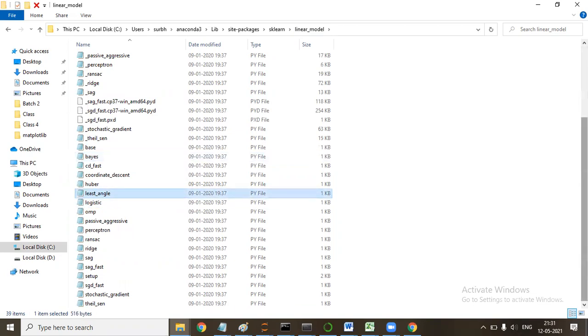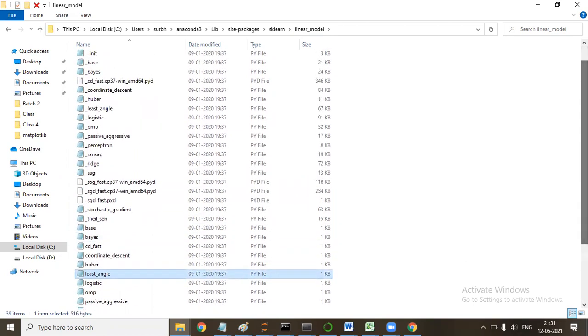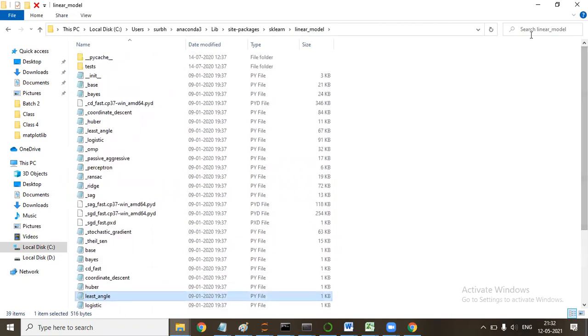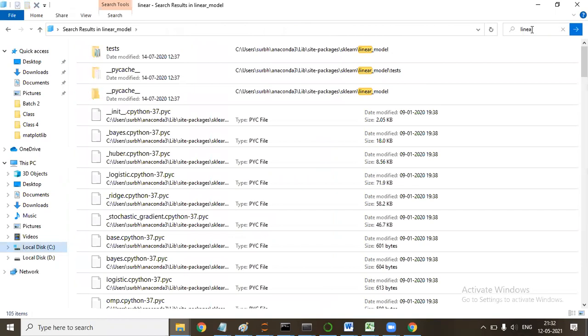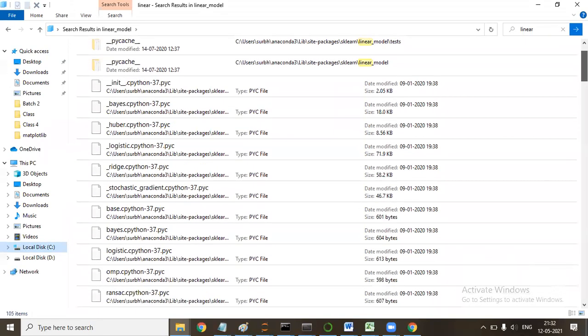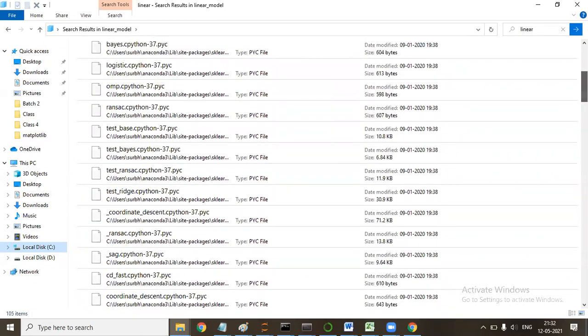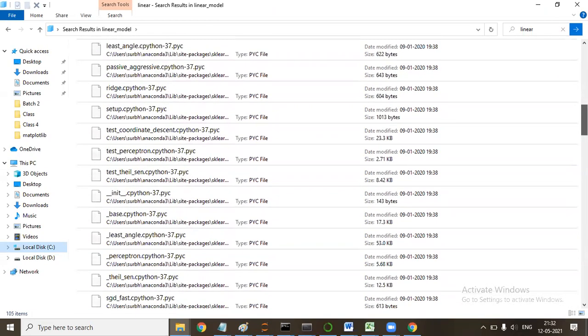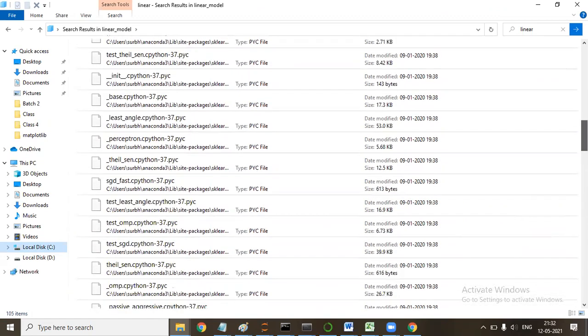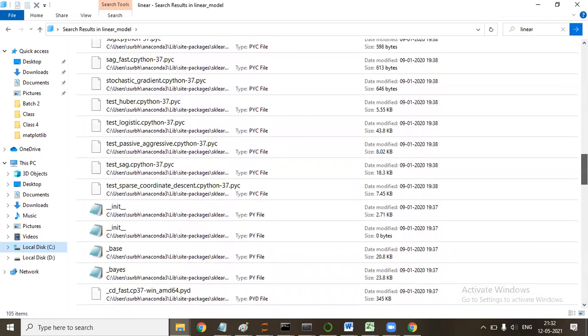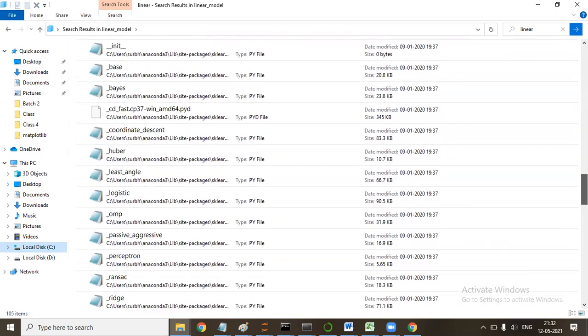There would be a file here, I'll search here. So I said from sklearn.linear_model import LinearRegression, which means I have been importing a linear regression file that would be here.